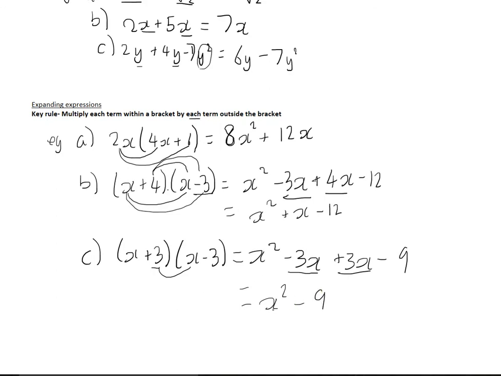So this is called, and you'll note this down, the difference of two squares. And that looks like when you have a plus b times a minus b, and you expand it out, you'll always just get a squared minus b squared. Which you can see here, because if a stands for the x here, you've got x squared, and 3 stands for b here. 3 squared is 9,